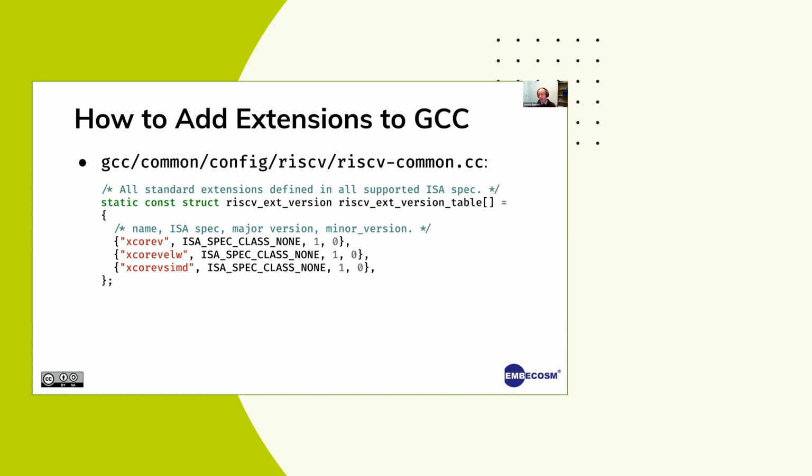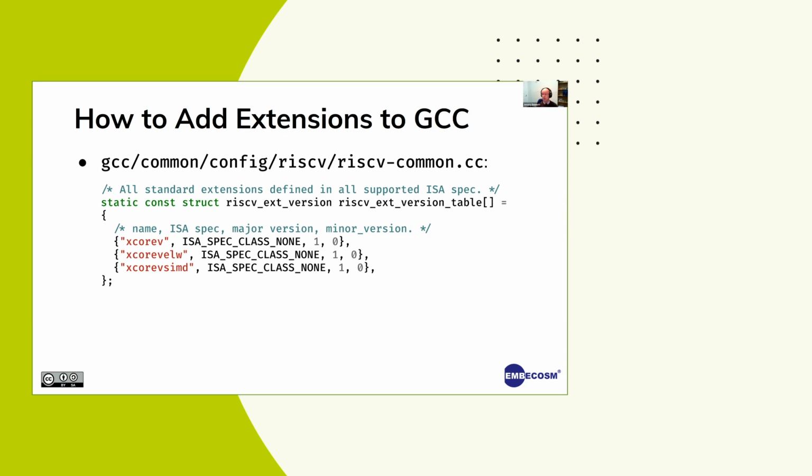These are all version 1.0, so that's easy. We've got 3 extensions here. We use XCORE-V as a generic extension in naming, so you can say RV32IMIC underscore XCORE-V in the architecture to mean all the ISA extensions. That's a shorthand that will probably go in the final version.